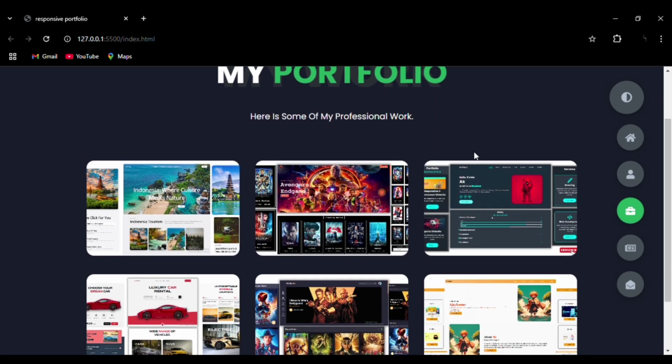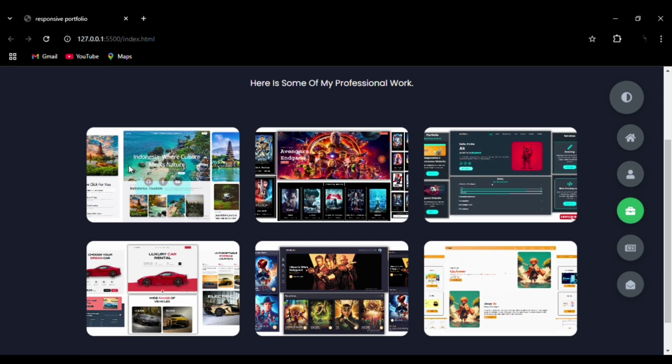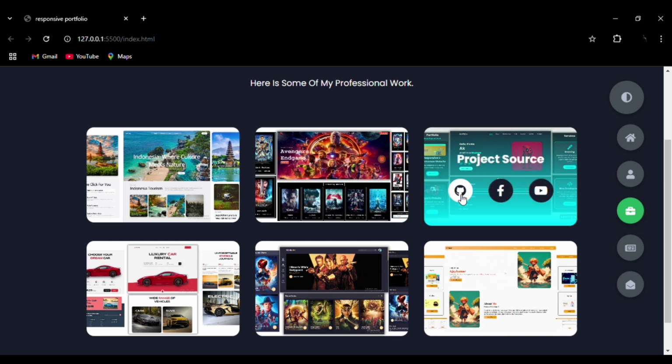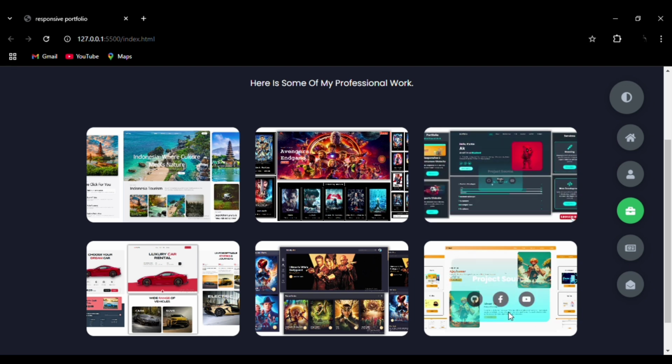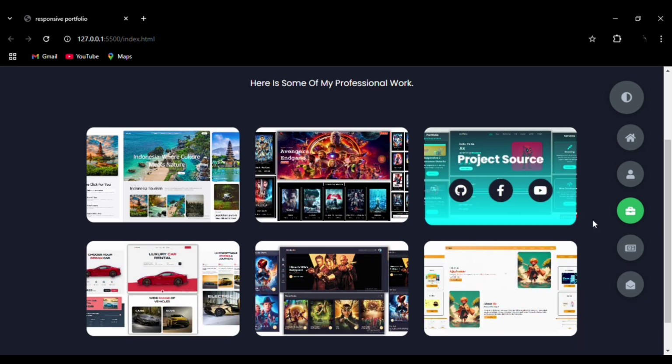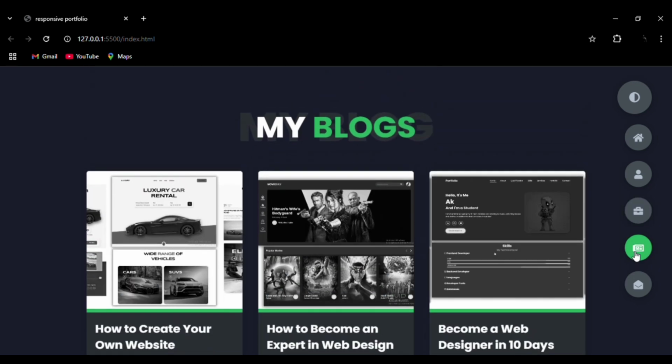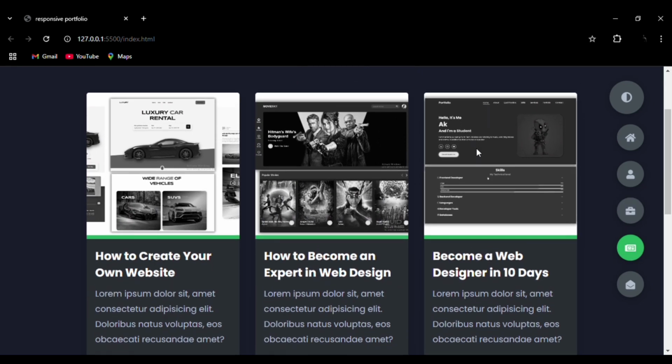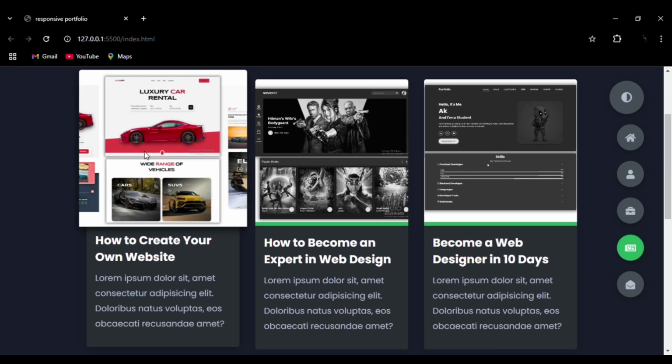This is the portfolio section, and you can see the hover effect on the portfolio with icons, that is GitHub, Facebook and YouTube. You can see the smooth transition effect, the hover effect. Then we can go to the blog section. You can see the hover effect on the image. You can see the hover effect on the text,